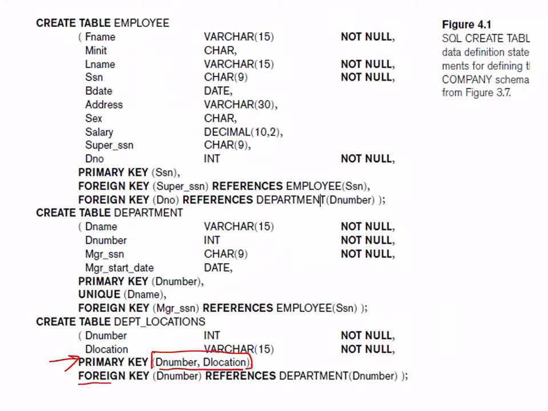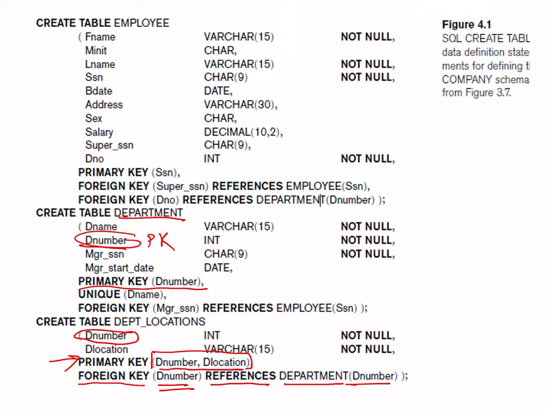Then I have a mention of the foreign key, D number, which references the department's D number. The department's D number was a primary key, as we had seen earlier if you remember.